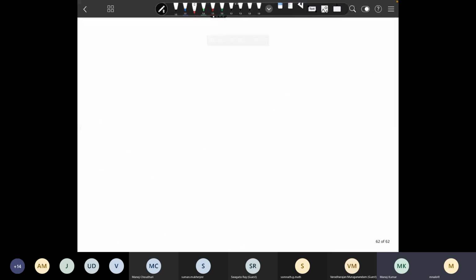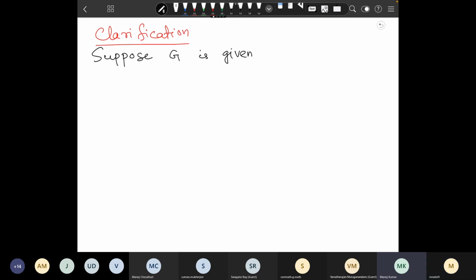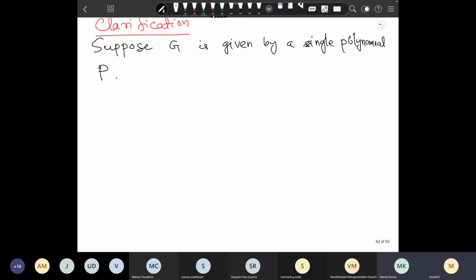So the clarification is this: suppose first you consider that G is given by some single polynomial P. Given by a single polynomial P. What is in your hand, you know that exponential of kh belongs to G for k belongs to J. This we know,